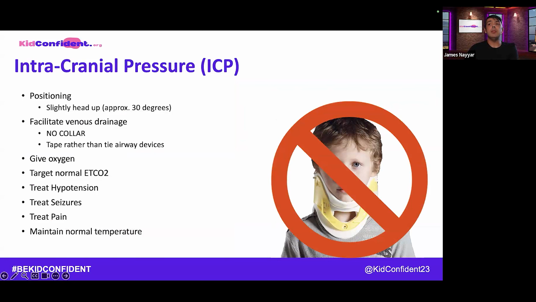And we do everything that we can to facilitate venous drainage, like not putting a collar, and we wouldn't put collars anyway now, do we? But we still hear sometimes that because it's a kid, people want to put a collar on, so never put a collar on, and especially not if you think they've got a head injury, even if they're completely obtunded and you need to immobilise them. Blocks and tape is fine.